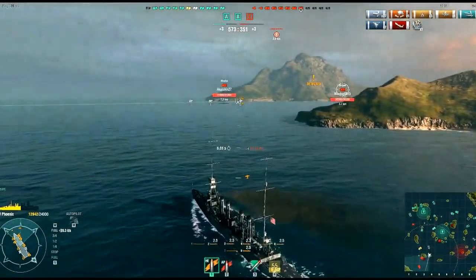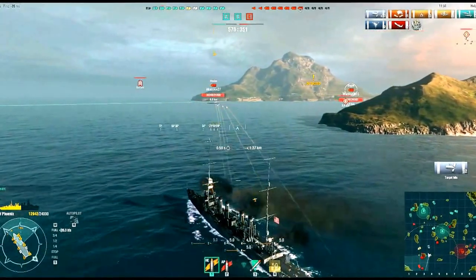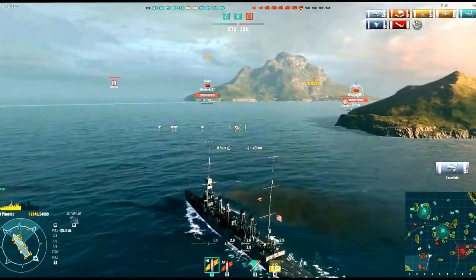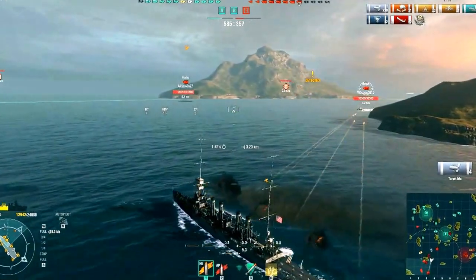Now, first enemy carrier, the Hosho, is coming to range. I begin opening fire on him, trying to set him on fire. I want to put his deck out of action to stop him getting planes in the air. As soon as the